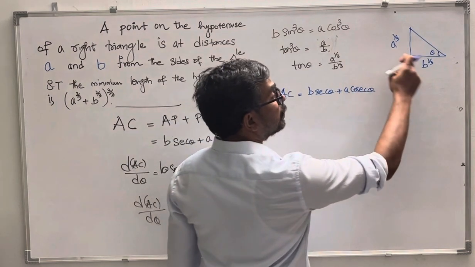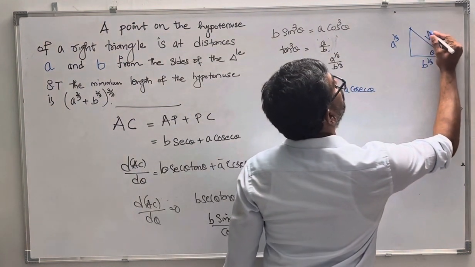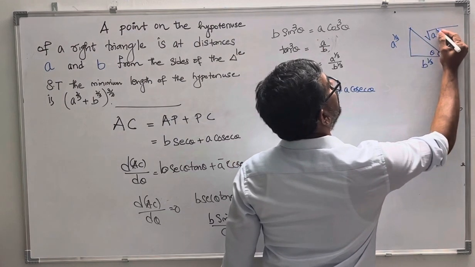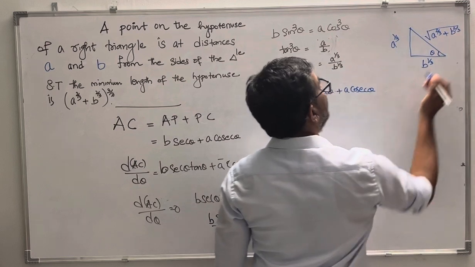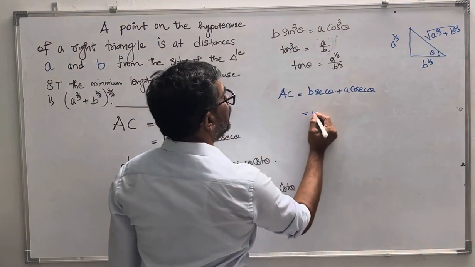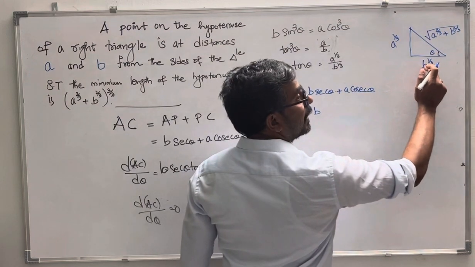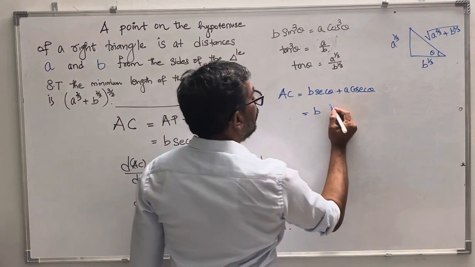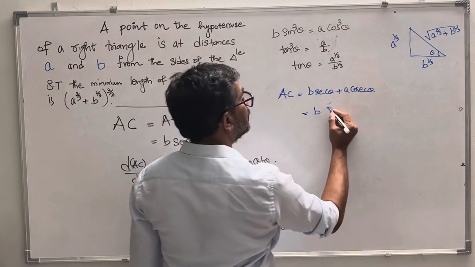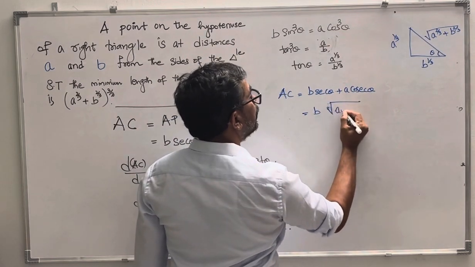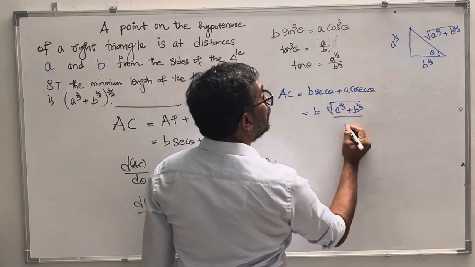Hypotenuse is the square root of the sum of the squares of the other two sides. So the square of A power 1 by 3 is A power 2 by 3, and the square of this is B power 2 by 3. Now I will write from here B sec theta. Sec theta is hypotenuse by adjacent side. Root of A power 2 by 3 plus B power 2 by 3 by B power